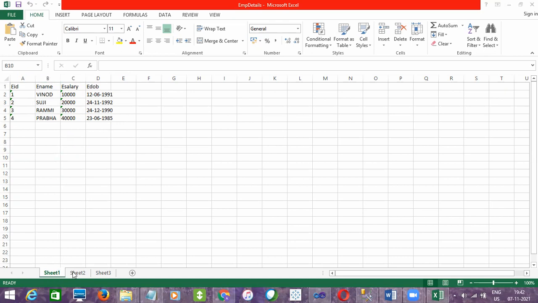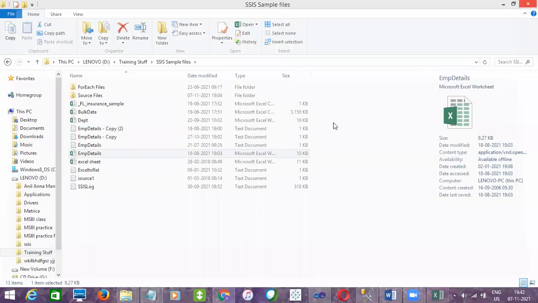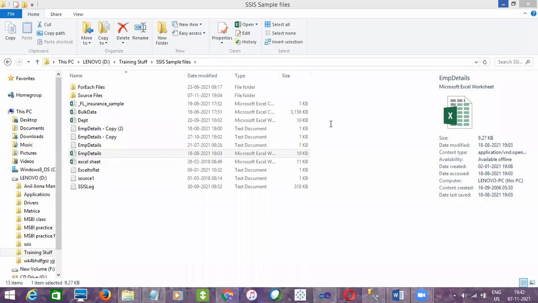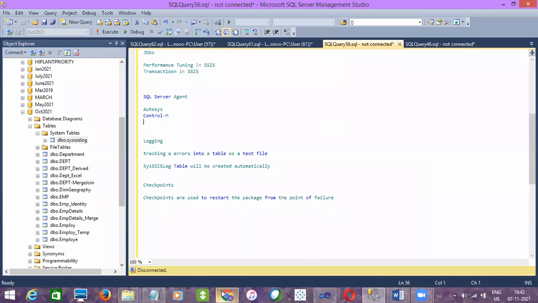So take 3 sheets, or 2 sheets is also fine. Two or more, anything, it will be the same process. Then try to load all the sheets' data into a table. I explained it for multiple files, but I did not explain it for sheets, right? So try to achieve this using SSIS. What is the basic idea, what do you think? By using what can we achieve this scenario, guys? Any basic thought you have?